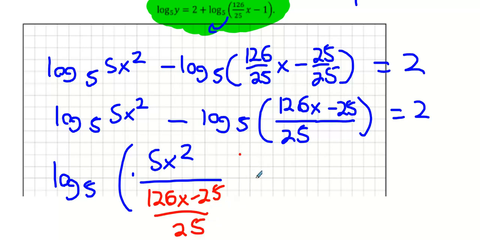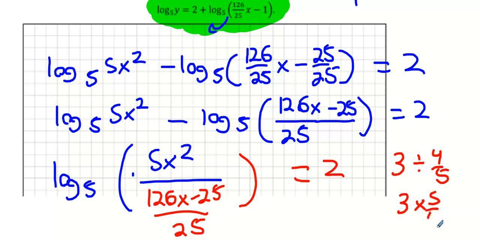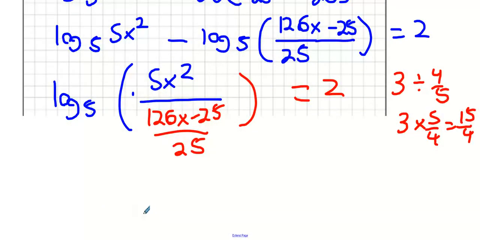And equals 2. Now, taking you back to junior cert fractions, you ready for this? What's 3 divided by 4/5? Turn the 4/5 upside down and multiply, and the answer is 15 over 4. Agreed? What can I do with that red part? Bring it up and turn it upside down. So we get 5x squared multiplied by 25 all over